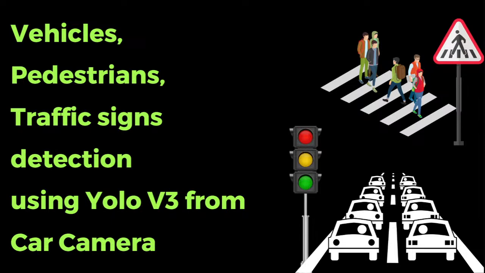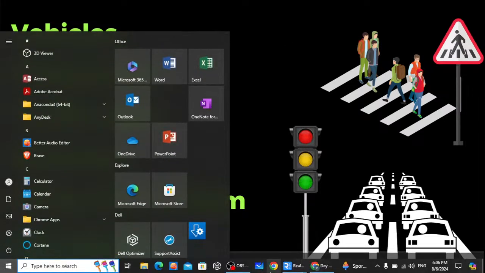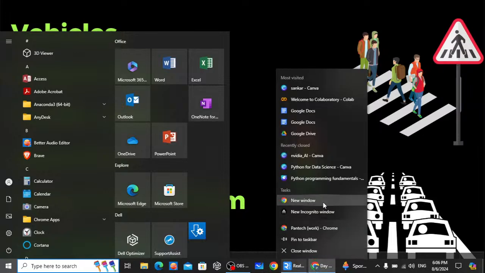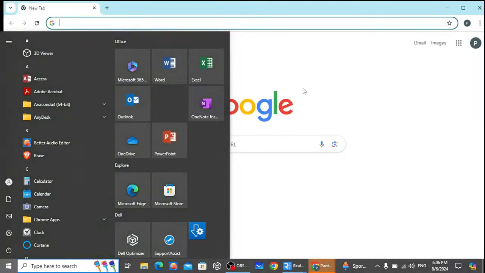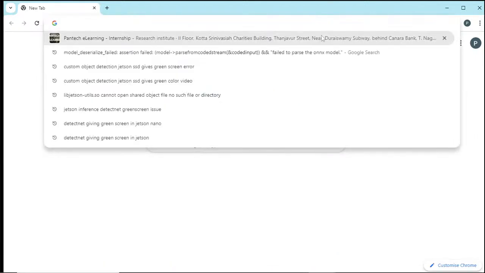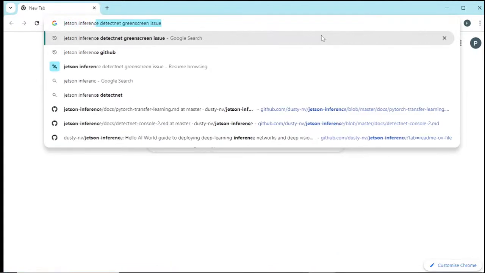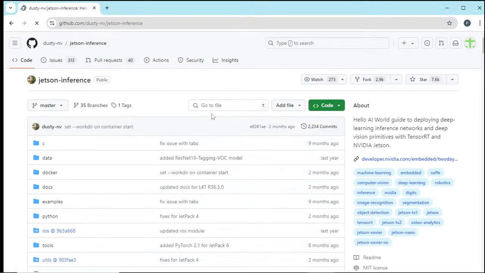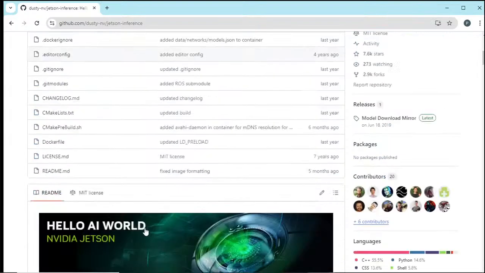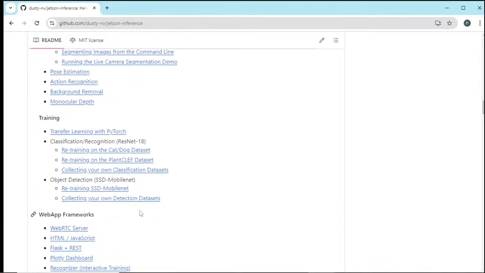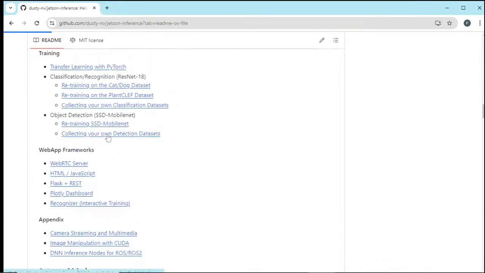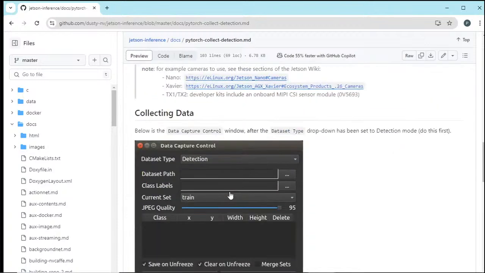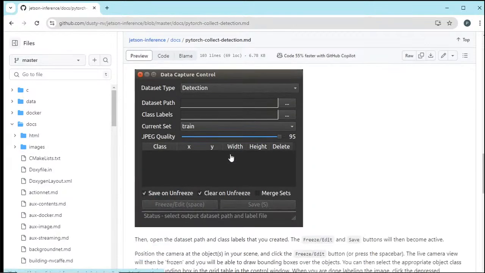So let us go for the inference. Let me go back once again into the site which we followed yesterday. Let me go for Jetson Inference here. So here we went into the Jetson Inference. This is what we followed in the previous session, so we'll continue from that now. Looking at that, when we went below, we saw the section on collecting your own detection dataset. We followed this and made this capture control data creation, but we had just 4 images because